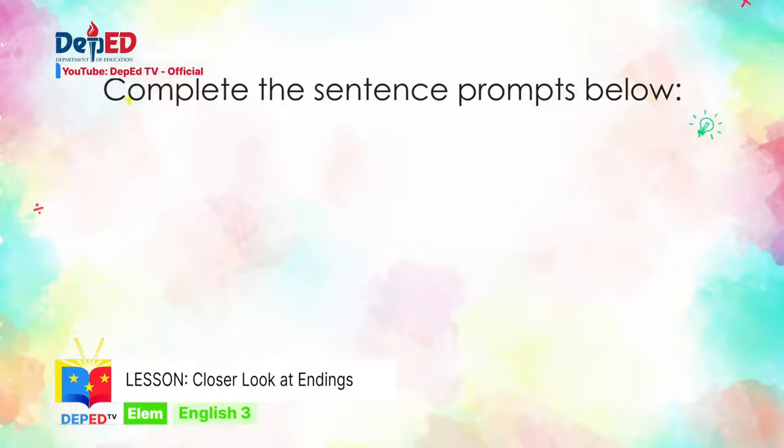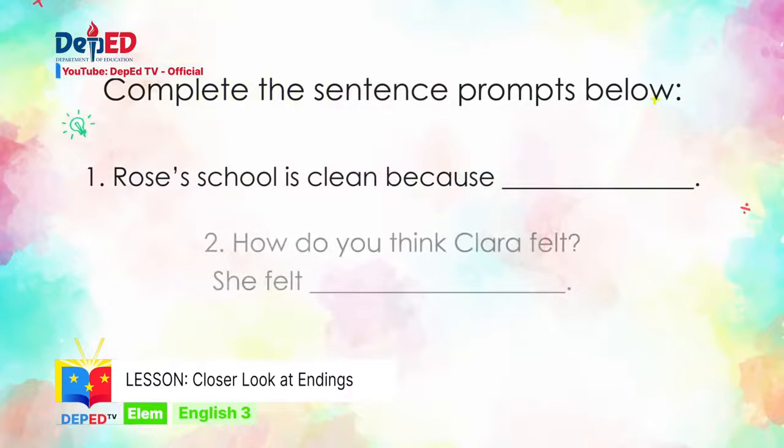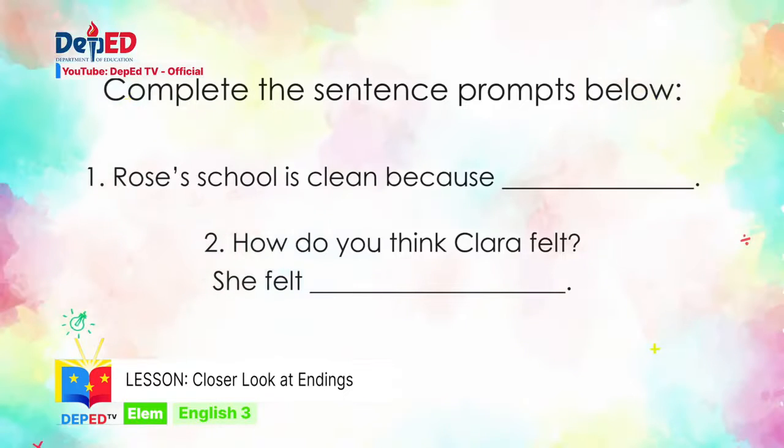Complete the sentence prompts below. Rose's school is clean because... How do you think Clara felt? She felt...